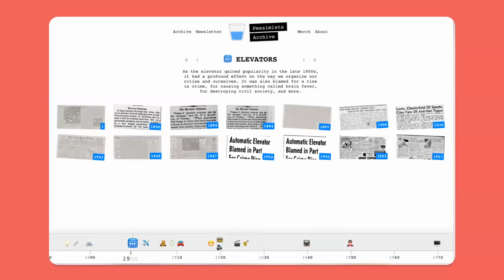But Mark Andreessen brings up the point that historically, every new technology that matters, whether it's electric lighting or automobiles, radio, the internet, has sparked something called a moral panic. Even the elevator was blamed for this rise in crime, destroying civil society. The elevator, okay, remaking cities and destroying civil society. So